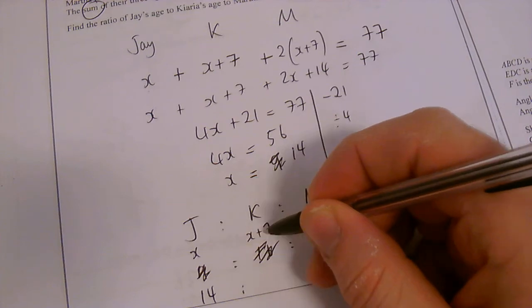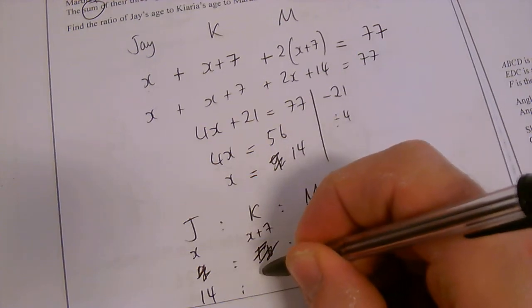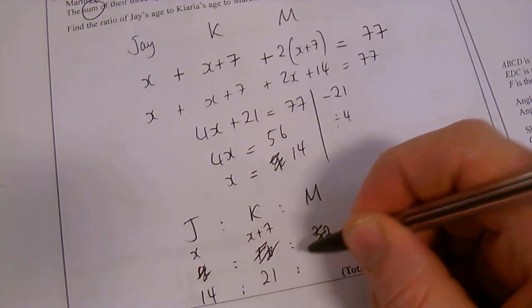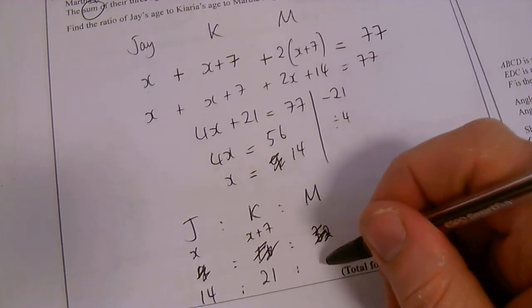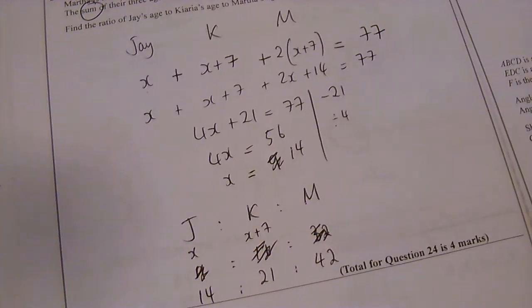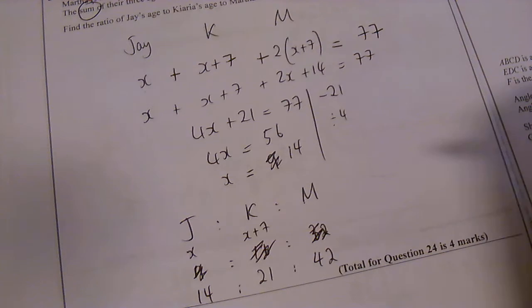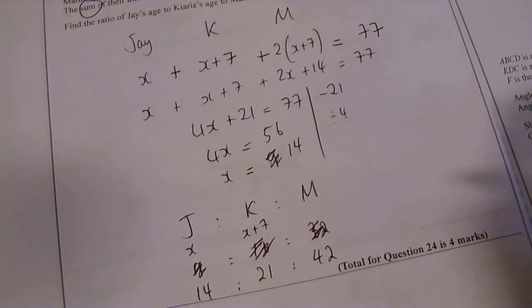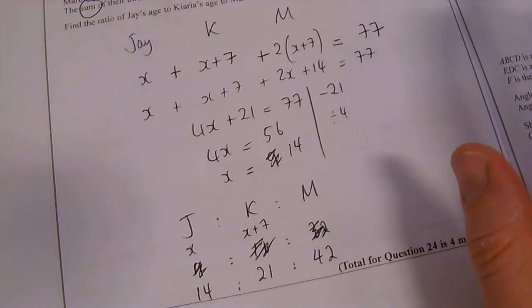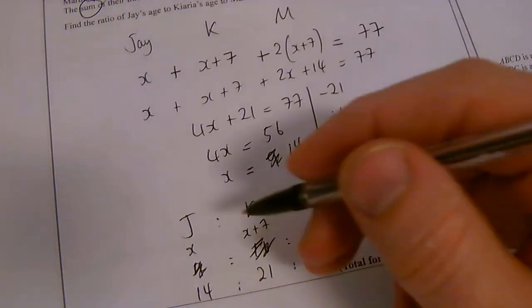Kiaria is J's age adds 7, so that's 21. And Martha is double Kiaria, so she's 42. Okay? So that is the ratio of their ages together. Okay, that's what we've got. Okay, it's a little bit tricky, but